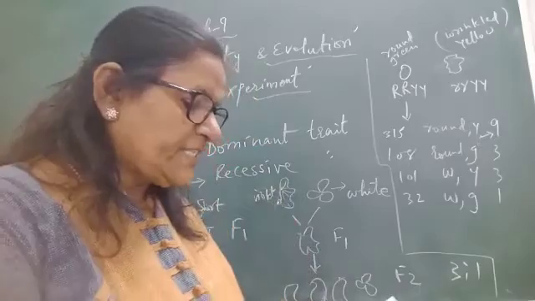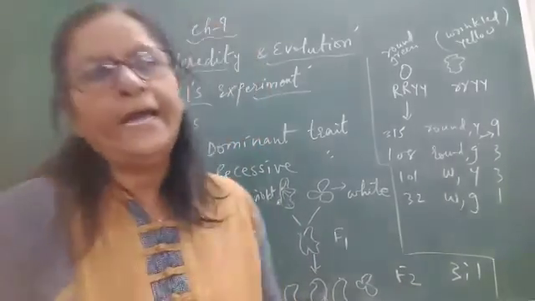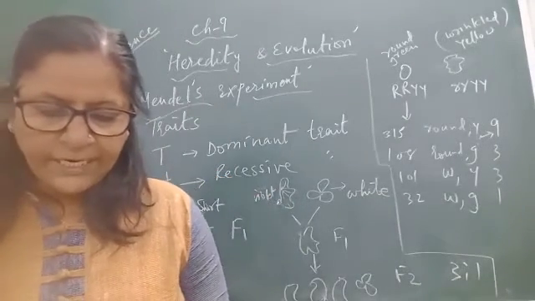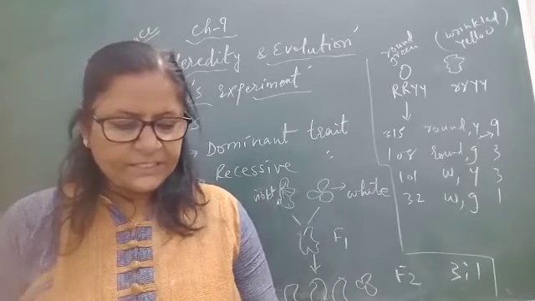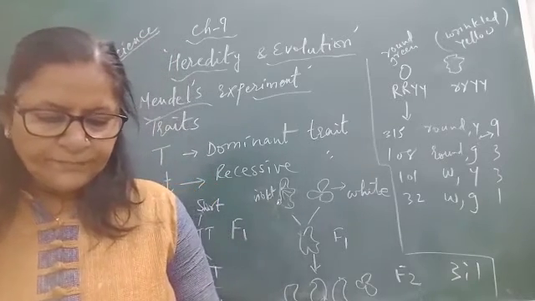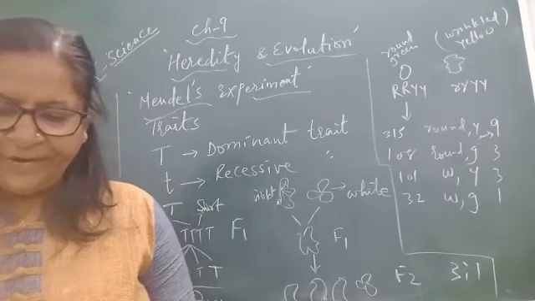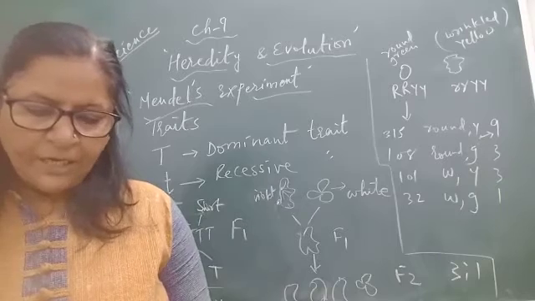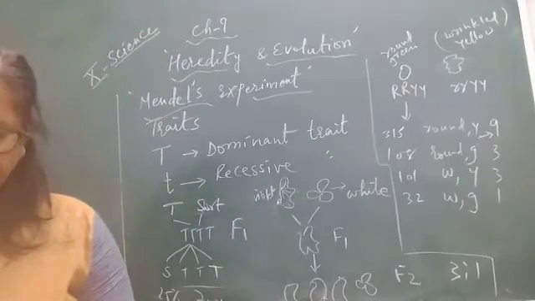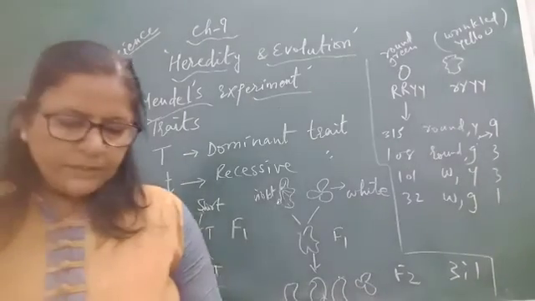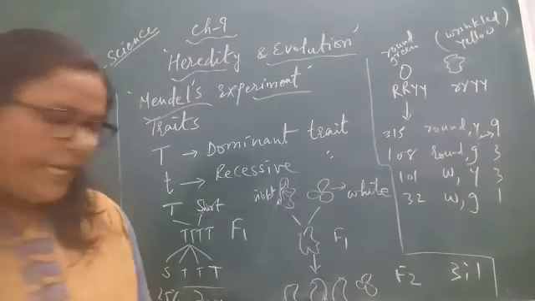Now here he has taken two types of flowers, one violet and one white, right? And in the third experiment he took round and wrinkled seeds. He observed that combinations of the traits are formed in the F2 offspring when factors controlling seed shape and seed color recombine to form the zygote, leading to the F2 offspring. Thus the tall or short trait, the round seed and wrinkled seed traits are independently inherited.